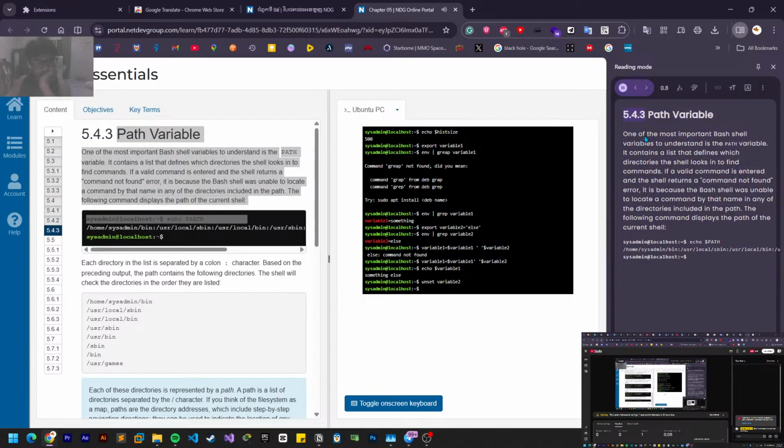5.4.3 PATH Variable. One of the most important Bash shell variables to understand is the PATH variable. It contains a list that defines which directories the shell looks in to find commands. If a valid command is entered and the shell returns a command not found error, it is because the Bash shell was unable to locate a command by that name in any of the directories included in the PATH. The following command displays the PATH of the current shell. sysadmin@localhost:~$ echo $PATH /home/